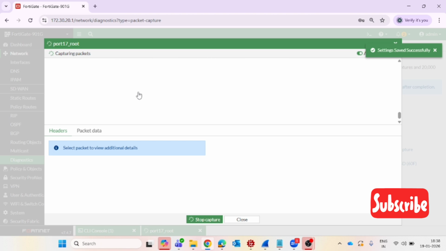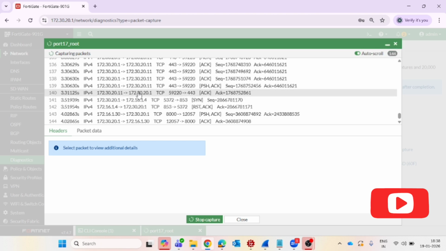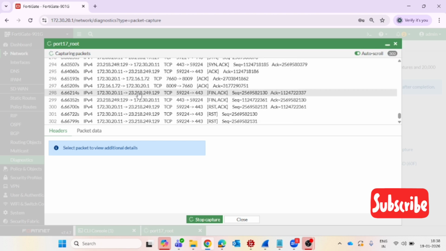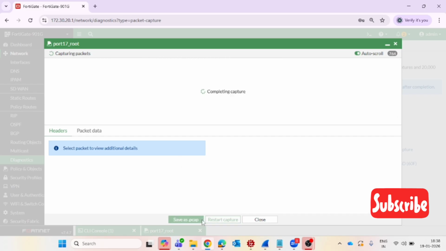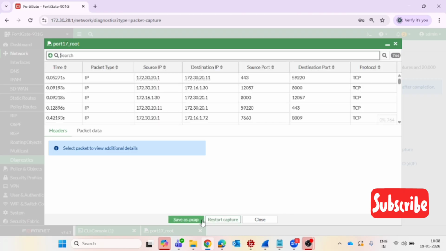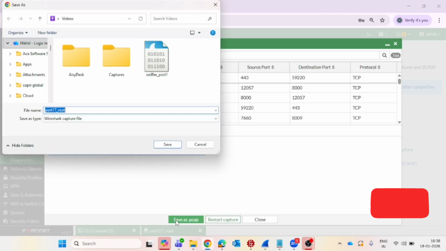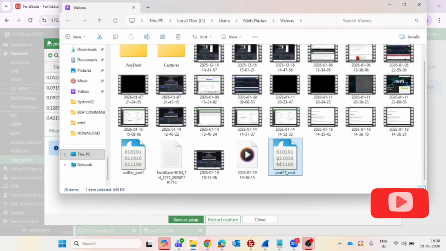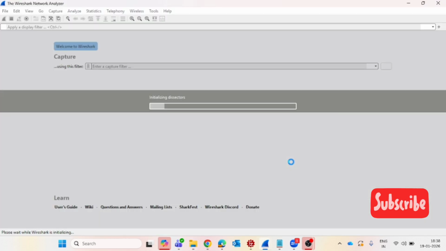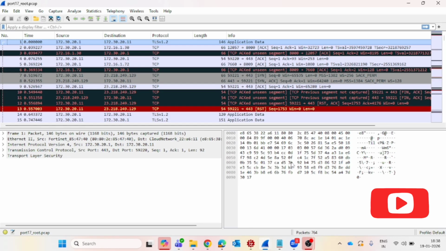Okay, so you can see I am getting so many packets, meaning all the source and destination packets are being captured. Once your packet capture is done, you just need to click on Stop Packet Capture. Okay, so you can see there is an option, Save as PCAP. I will click on that, and after that you just need to download this file. Then I will click on that file and open it. It will directly redirect to the